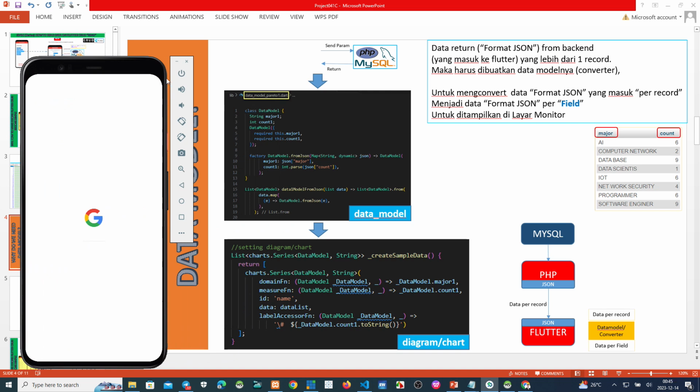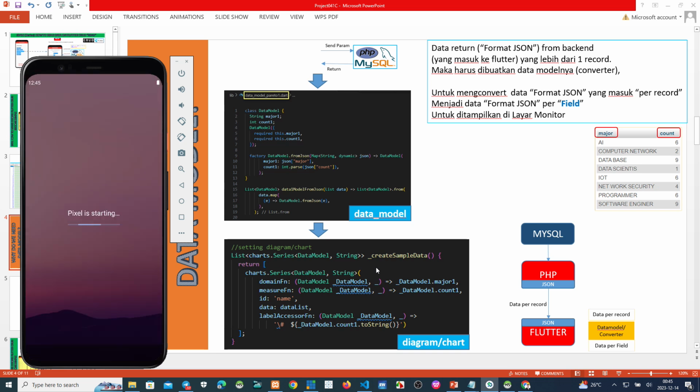Come to here. This is a data model. Before we use the data to make a Pareto chart, we must make a data model to convert this data to fields.